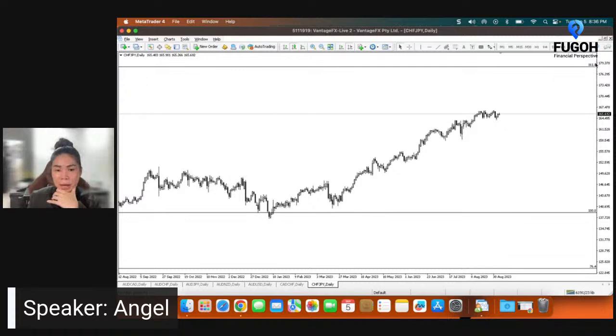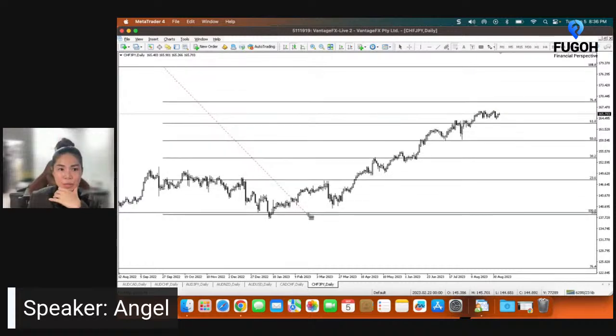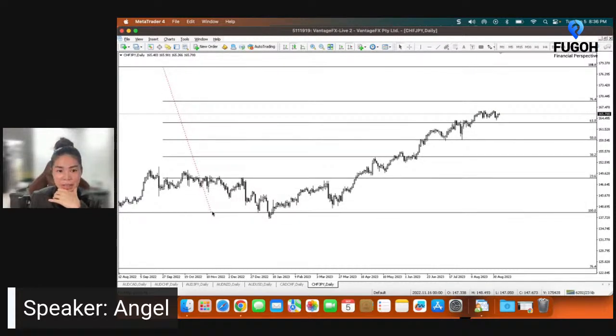Now, since this and this are too far from each other, again, as I did with AUD CAD, you can cheat a bit and insert a Fibonacci within a Fibonacci. And now we see it's swinging around 61.8. Oh, 61.8 is a good number. So this is a good area to buy. Let's see if